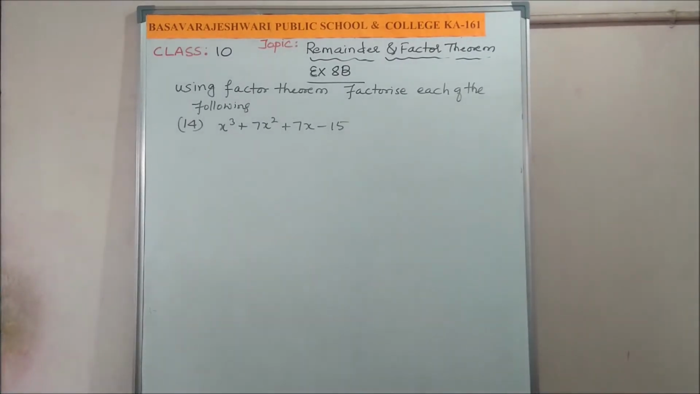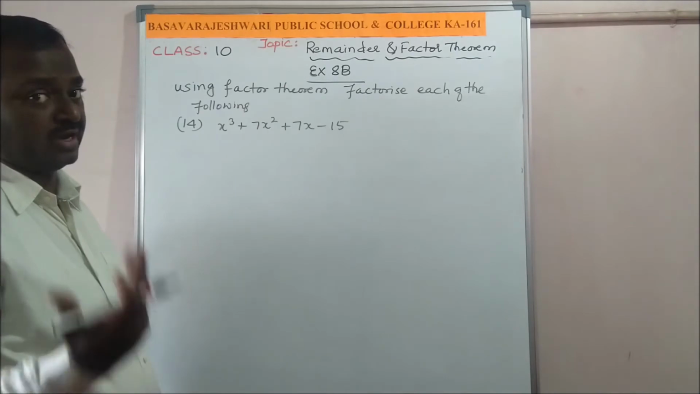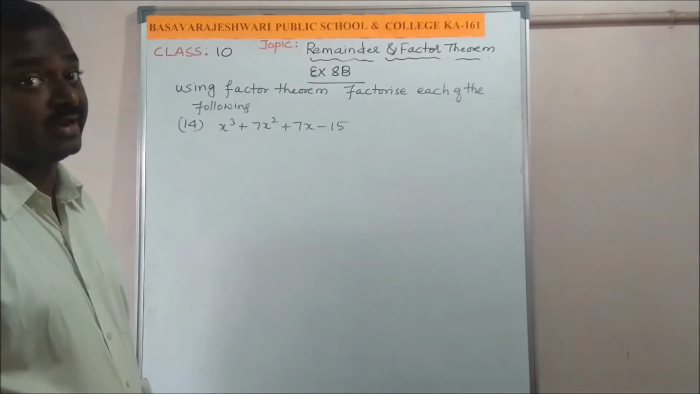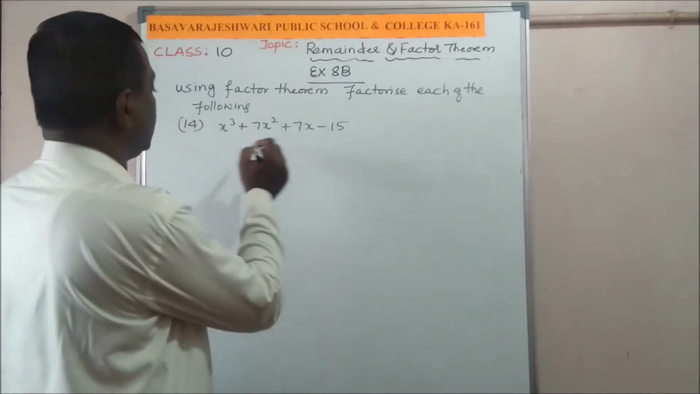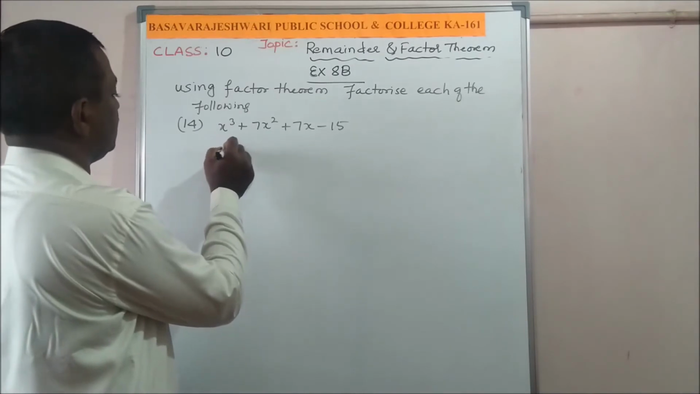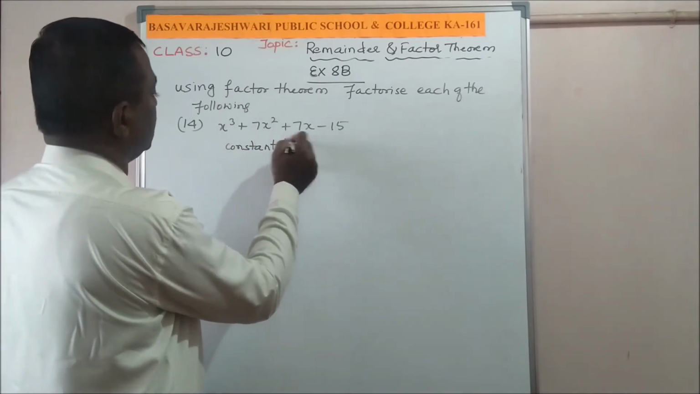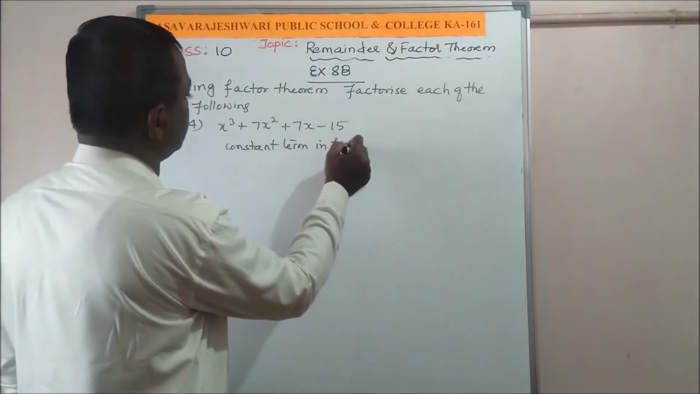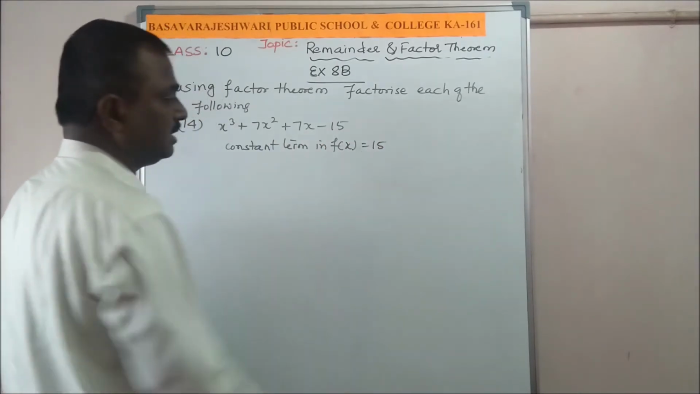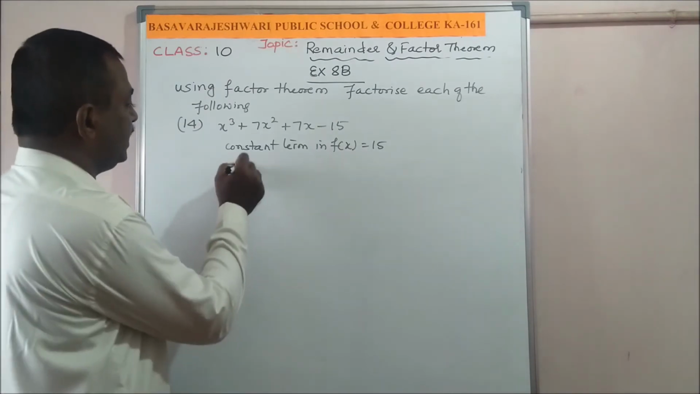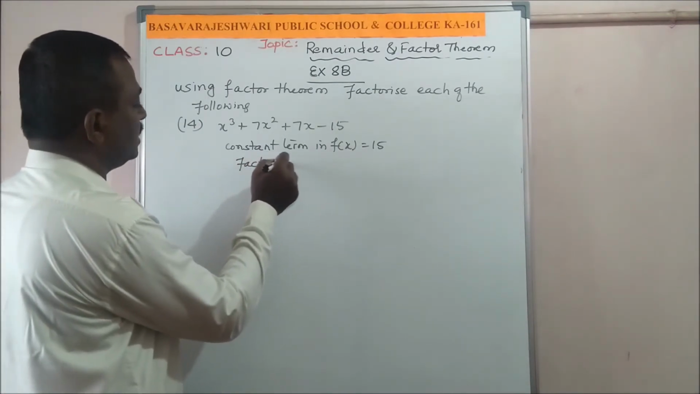So using factor theorem, factorize each of the following. Here no factors are given. We have to search for the factors. So what is the constant term here? Constant term in f of x is equal to 15. So what are the factors of 15? Factors of 15 are